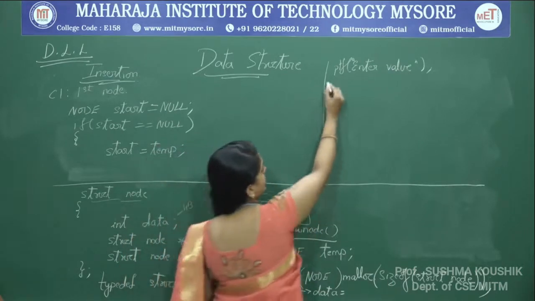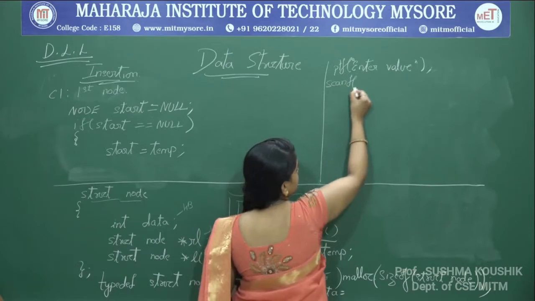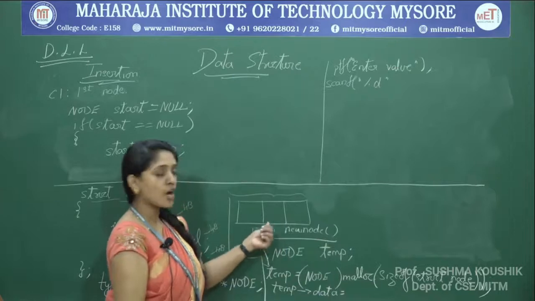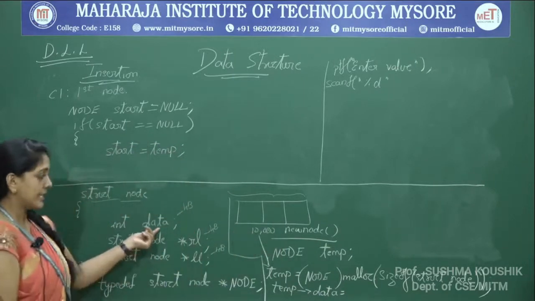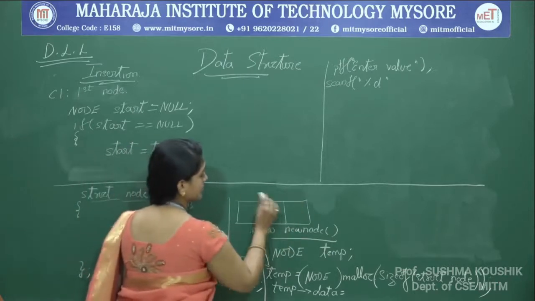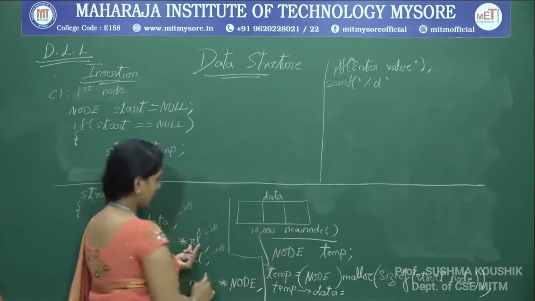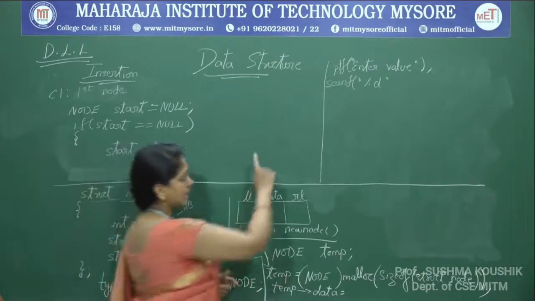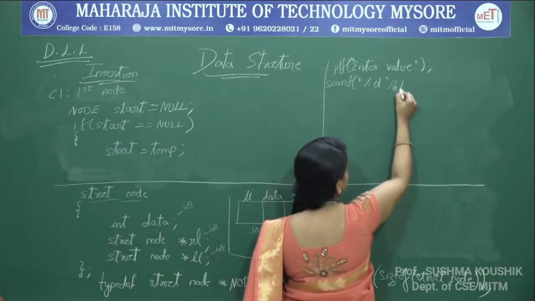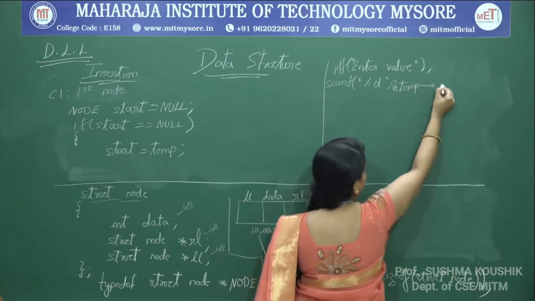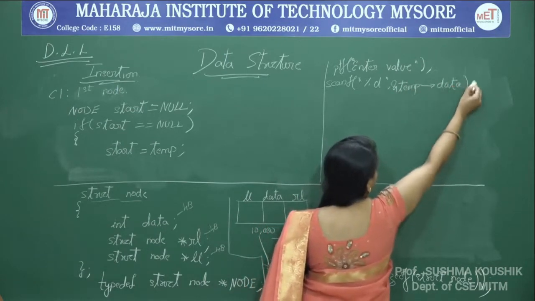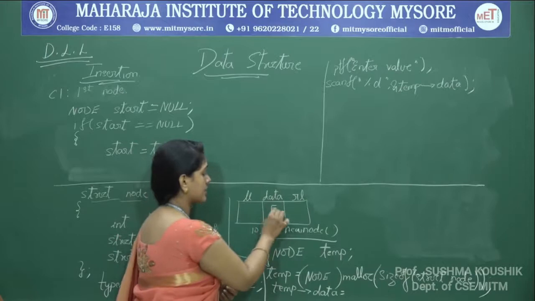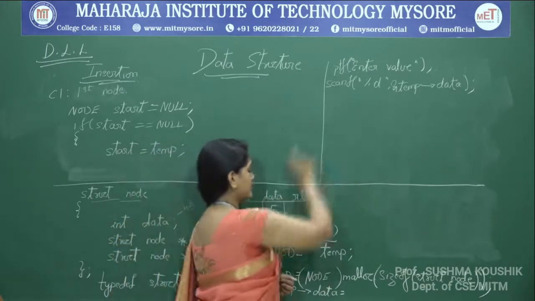So when you enter a value, how do I read it? Scanf "%d". How do I access this particular position? Temp of data. What have I used over here? Data. So this field will have data, and here I have taken RL right link and LL left link. So how will I access this? Comma ampersand of temp of data. So any data which you give as a user will be stored over here. Suppose if you are giving a data as 5, that is stored over here now. Okay, 5 is read here and stored over here.